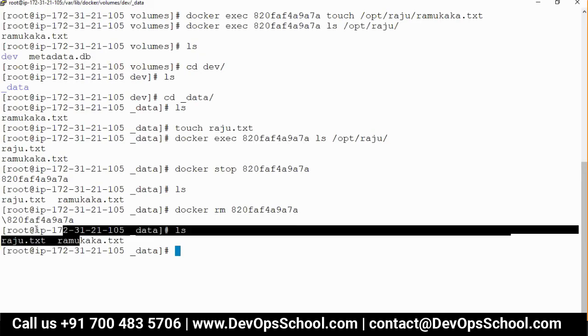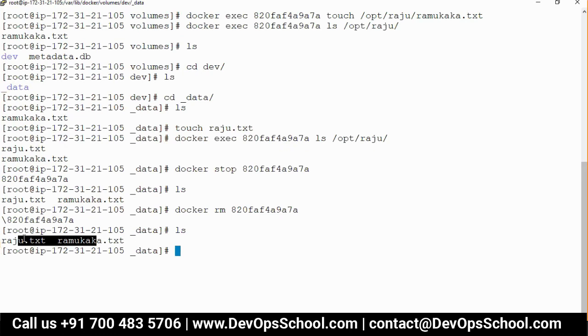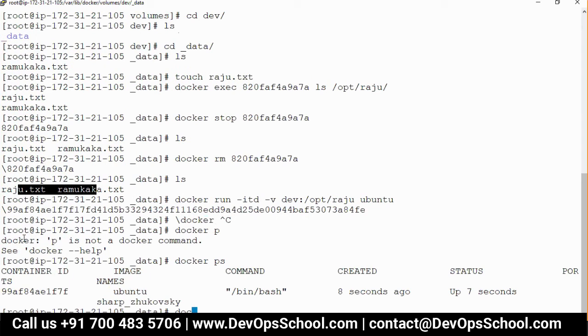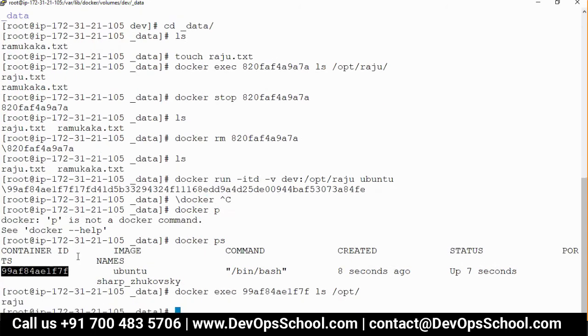Can I use this volume somewhere else with other containers? Why not? Other containers here. docker exec, ls /opt/raju.